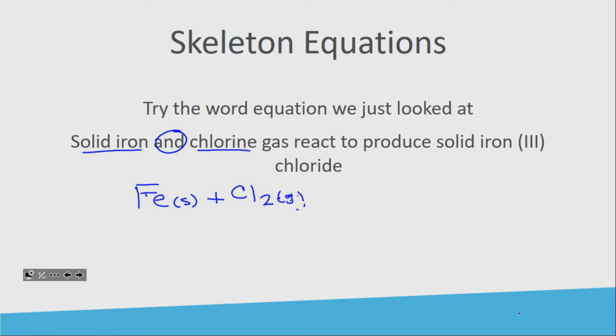So next to it, we're going to put a G. It reacts to produce. What does that mean? When we're writing an equation, what does reacts to produce mean? That means you're going to want an arrow. And it reacts to produce solid iron 3 chloride. Well, I'm telling you